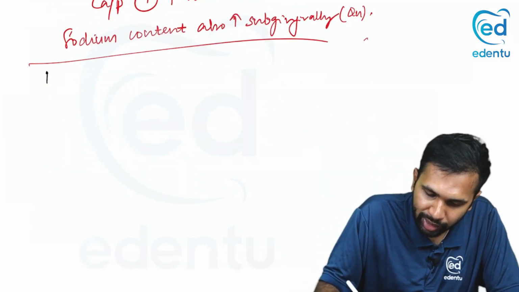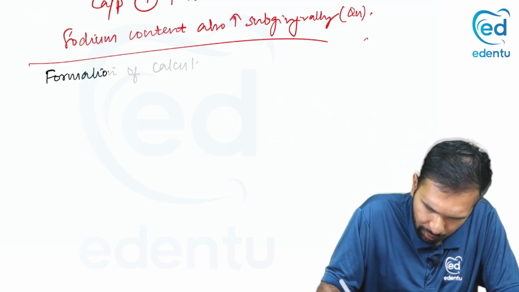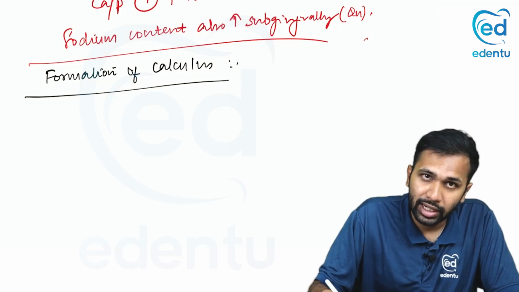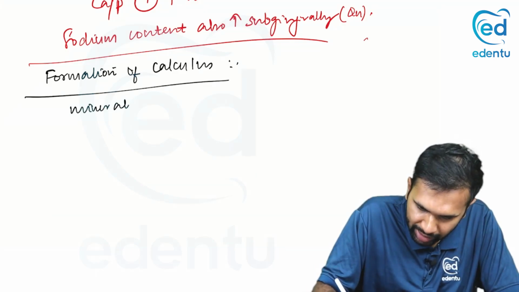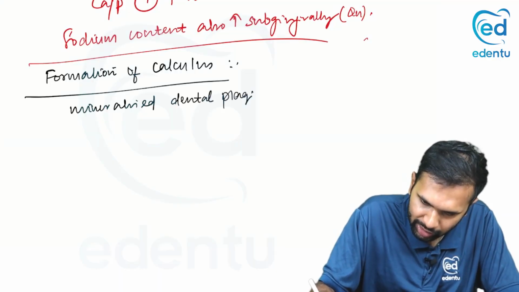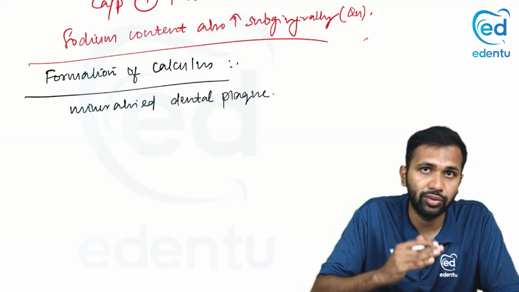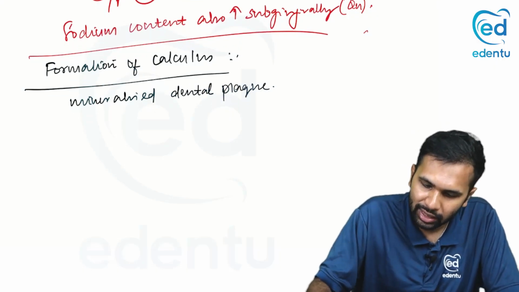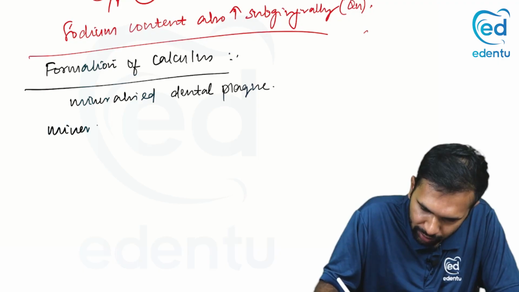To talk about the formation of calculus, it is nothing but mineralized dental plaque. Calculus is nothing but mineralized dental plaque. So we have to talk in respect to the amount of mineralization that is taking place. That is, the mineralization